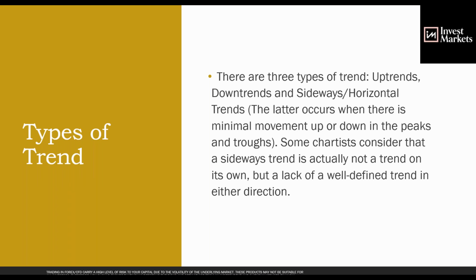Now remember, there are three types of trends. We have uptrends, which is a series of higher highs and higher lows. We have downtrends, which are a series of lower lows and lower highs, or we have sideways horizontal trends. Okay. We sometimes define these as congestion. Now that's not saying the price is just staying on the side. Sideways horizontal means it's going up and down, and it could be getting higher and then coming back down lower. Okay, but there's no rhyme or reason or understanding.